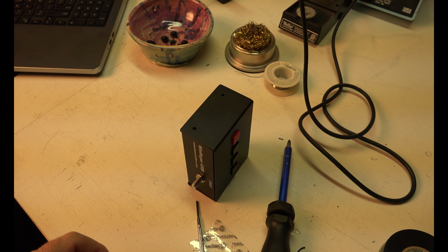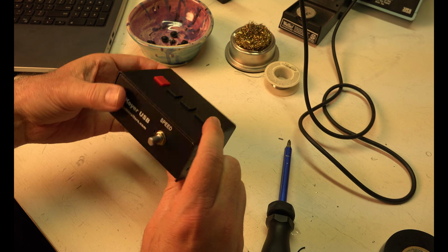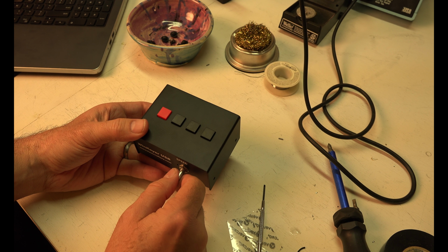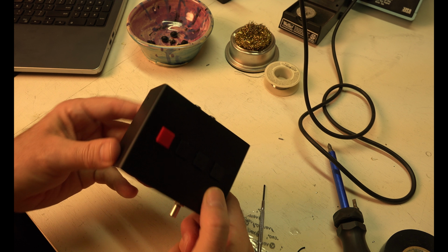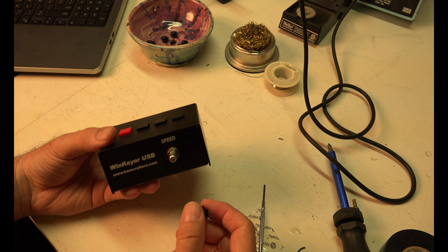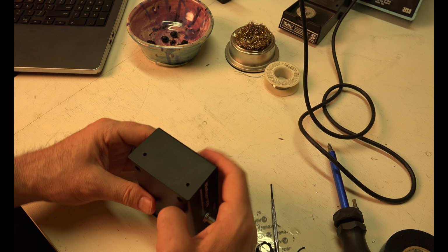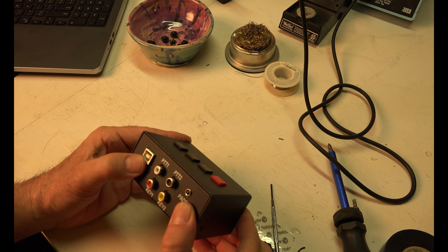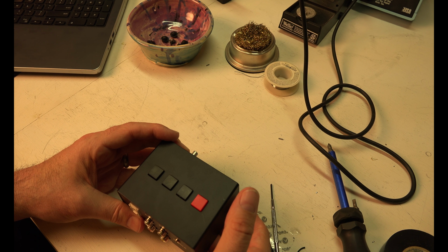Okay, I got the 2 halves together. It was a little tricky. Still need to screw it together. It's a little confused at first because it's beeping. I don't know if it's on or what, but I can barely hear it. I don't know if it's working or not. It's time to put the screws on, and then the potentiometers. See, I don't know if it's got a battery in it, so is it going to run out of battery? Does it stay on, or